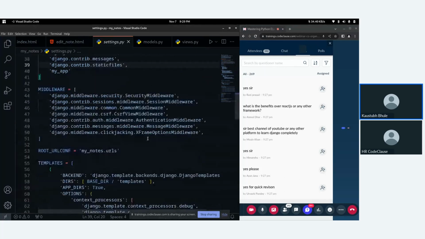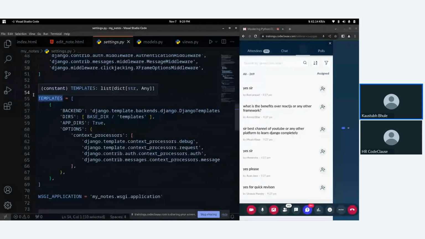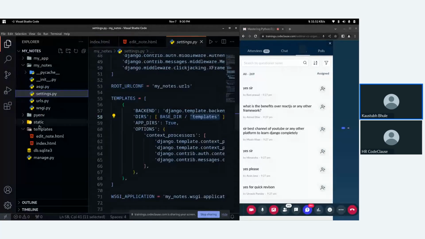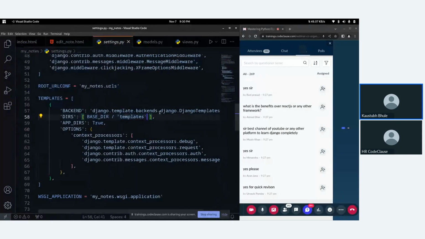For example, to link templates, in the DIRS section, we use BASE_DIR to get the current directory path, slash templates, which is our templates folder name. You can use any name. And if you want to add multiple paths, you can just give a comma and do the same thing again like this. Okay.